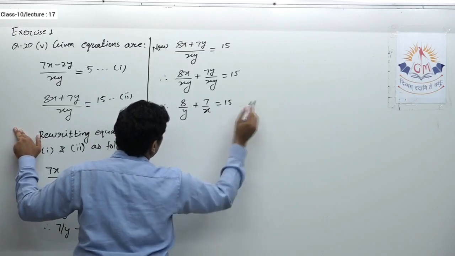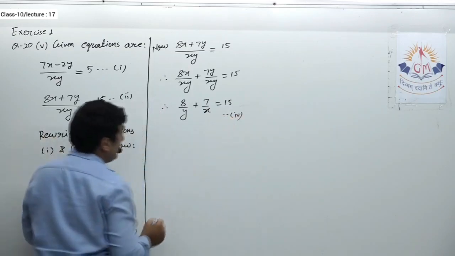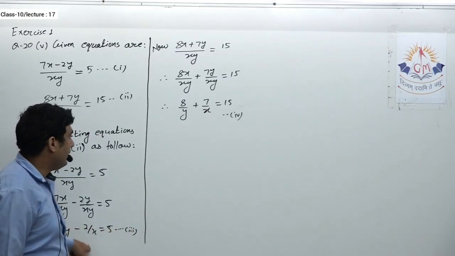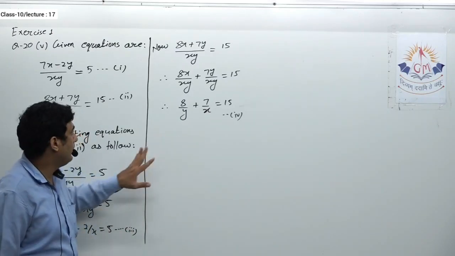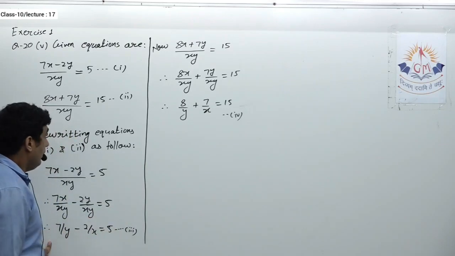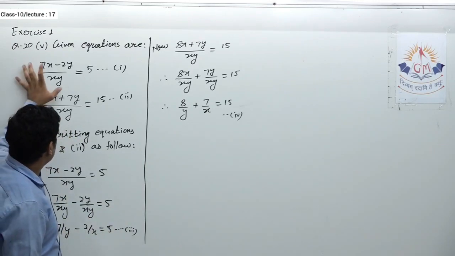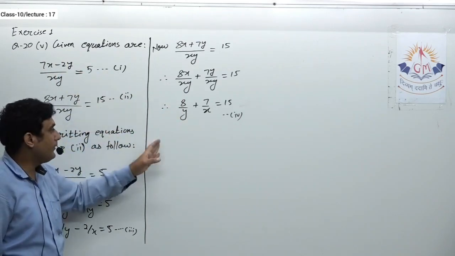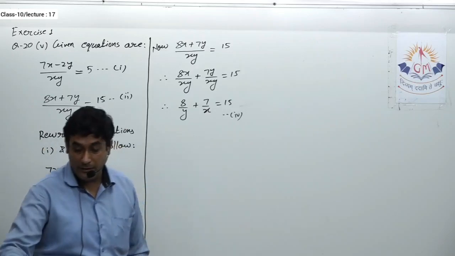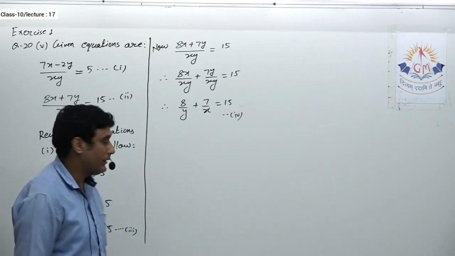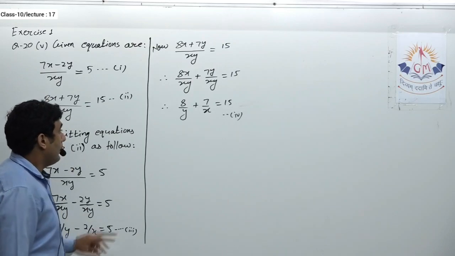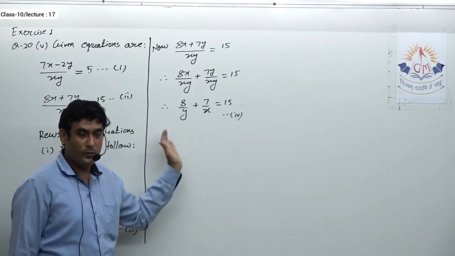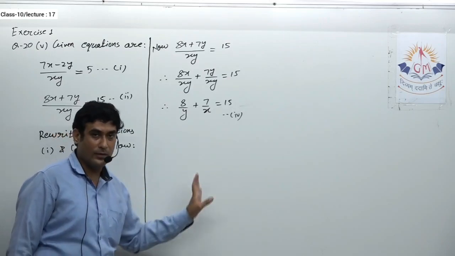Now as I told you, when I rewrite these two equations, you will find that this type of question we have already solved. This is simply 1 upon y and 1 upon x that we have to replace. It is only that the particular expression is written in another way, otherwise it is the same thing that we already solved. We can say this is almost similar to question number 1 of this exercise. After this we have to go for the substitution. That means we take 1 upon x and 1 upon y equal to a and b, or vice versa.